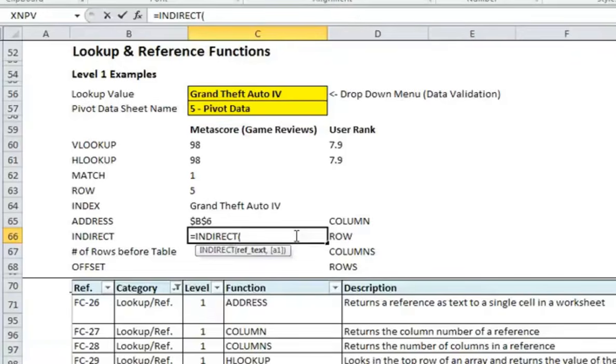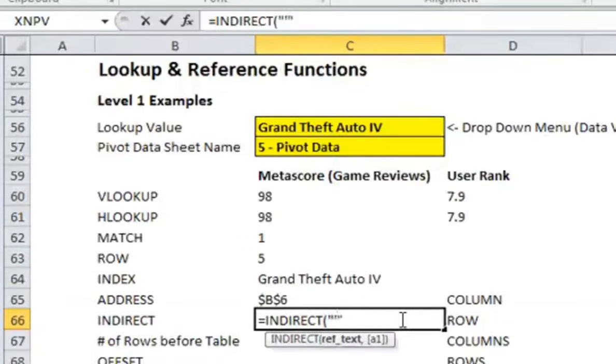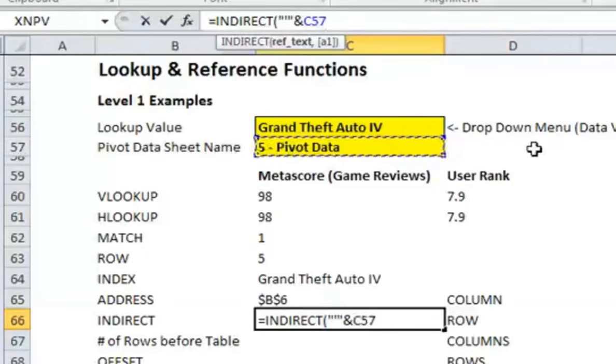So in order to do that, I first need an apostrophe. So that is an apostrophe within 2 double quotes, so 5 altogether. I'll just do that slowly. A regular quotation mark, then an apostrophe, then a quotation mark. And that's because when you reference a sheet, it's an apostrophe, then the sheet name, then an apostrophe, and an exclamation point. So if we take the apostrophe and we add in the pivot data sheet name,